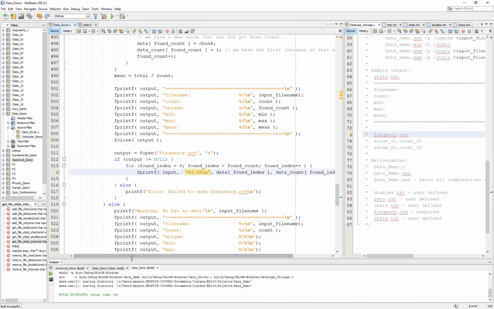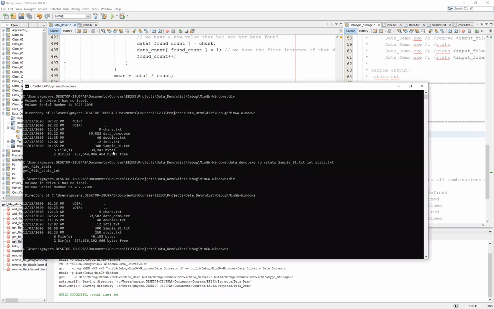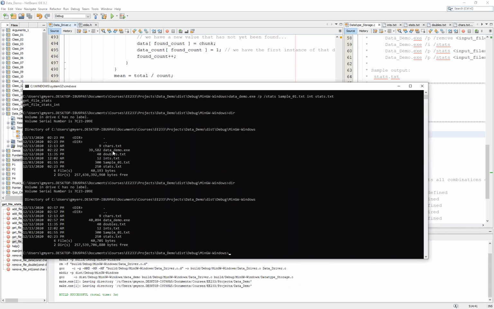All right, that looks promising. No errors, no warnings. We'll come out here to our console. We'll do a dir. You'll see that I have no frequency.csv. At this point, I'm going to run the exact same example I did earlier in the video, running my stats